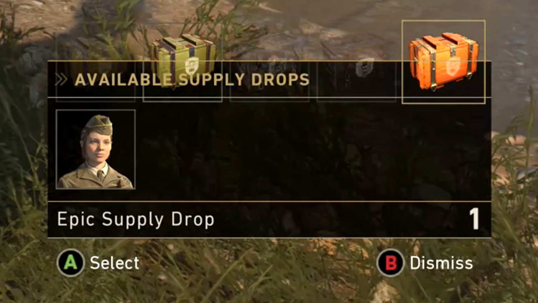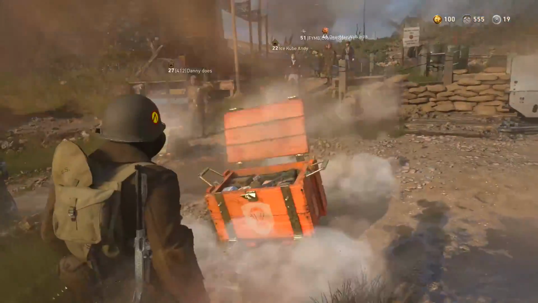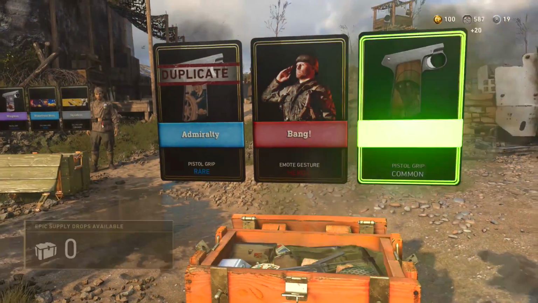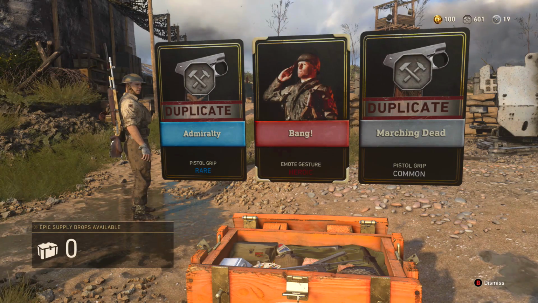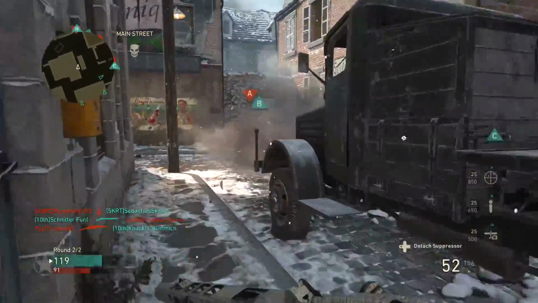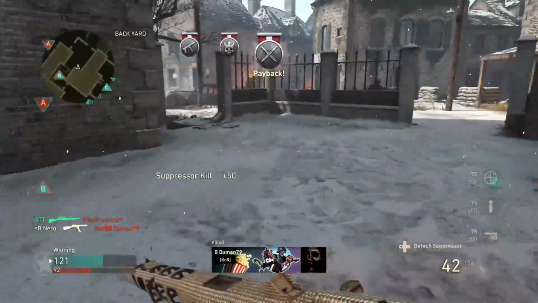An epic supply drop guarantees one epic quality or better item in your drop, the same way a rare supply drop guarantees you one rare or better item within it. It was leaked a while back that legendary, epic, and weapon supply drops will be coming to the game, and today we got to see one of them for the very first time. So who knows if these special drops are going to become a mainstream staple in Call of Duty World War II, or if maybe they're just going to be Twitch Prime rewards. But either way, this pretty much does confirm that weapon supply drops will be added to the game eventually in